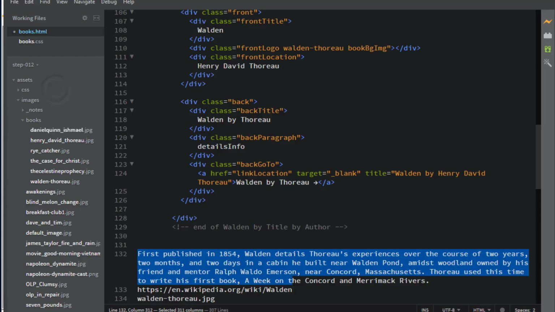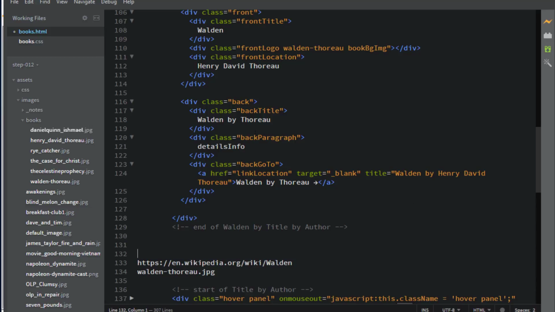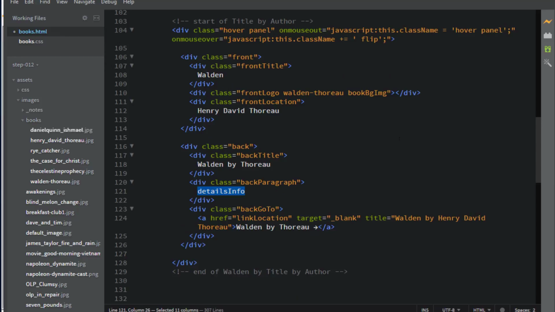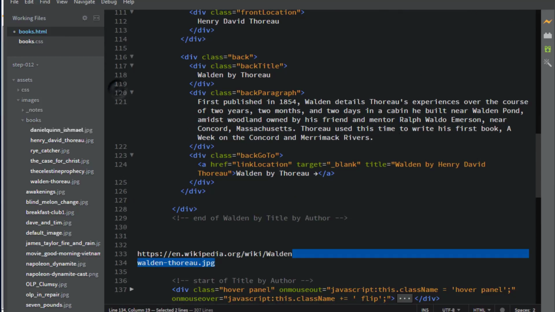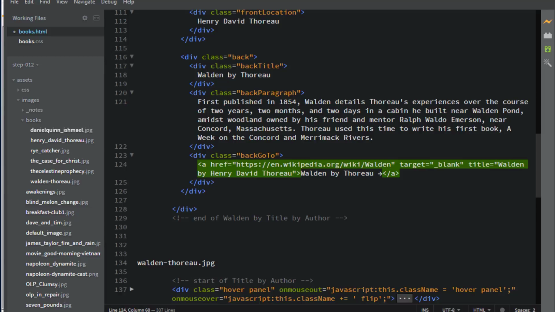And then we have our content that we want to use. We come up and that's the details info. Paste that in there. We have our link. We got that ahead of time, so we can go ahead and put it right there in link location. And then we have our image. What we do with our image at this point